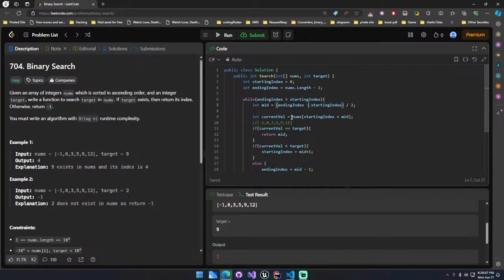Okay, so let's do a dry run again. Mid is going to be our ending index. Actually, no. Mid index, alright. Let's just calculate the mid index directly. This is going to give us the center point, and we want to offset this by the starting index. So what this means is, let's say our starting index is at 5, and our ending index is 9. So what we are doing is 9 minus 5, which is going to be 4, right? So we have 4, so our mid index is going to be 4 plus 5, which is gonna be,